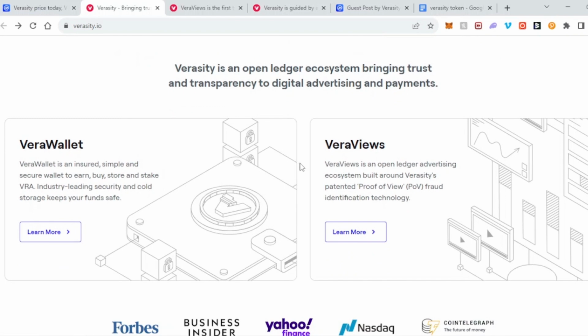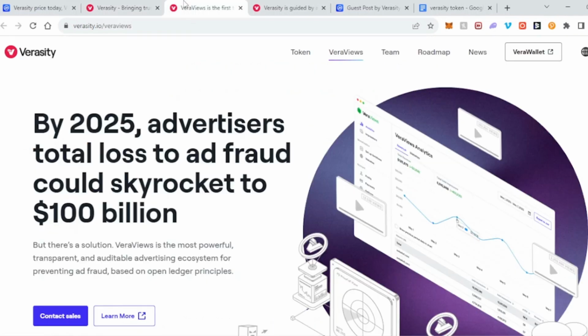They've got two main features, but there's one biggest feature. They've got Vera wallets, which is a place to store your Verasity tokens, and the biggest main feature is their own unique patented technology called Vera views. So if we scroll across here,